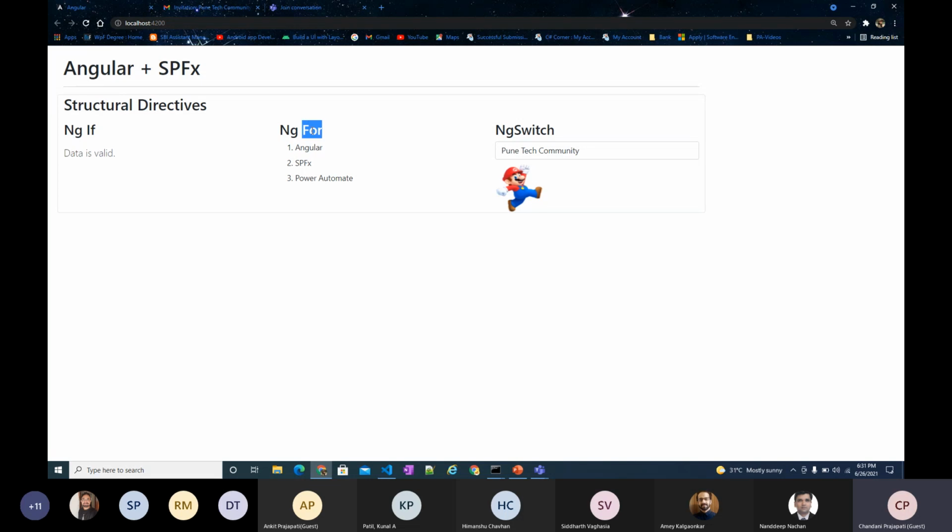Then ngFor: there is one array, and I just want to show that array in a list format. Then there is a switch case. I have three conditions. If I add PNP, then it shows me a PNP logo. If I add Pune Tech Community PTC, then it shows this. Otherwise, it shows Mario.